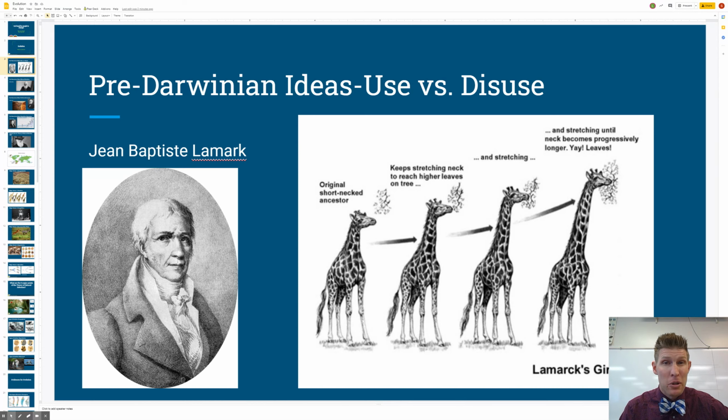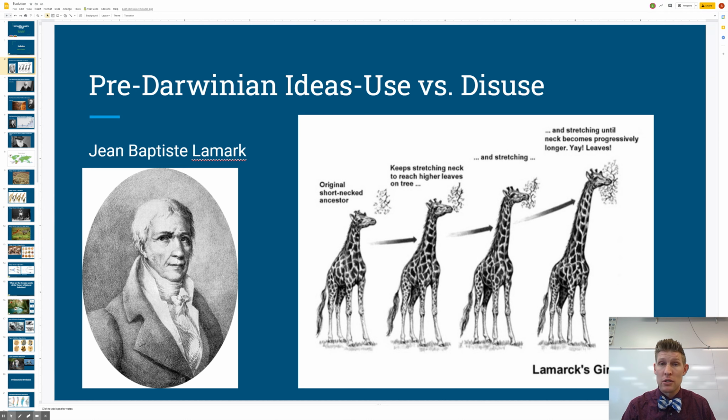But the problem with what Lamarck said was that a giraffe's neck just keeps stretching out, and it'll pass on that stretched out neck to its kids. That's like saying cutting off a rat's tail means all the other rats won't have tails because the parent rat didn't have a tail. Or I cut off my arm and my kids are going to be born without an arm. So he got ridiculed and pretty much rejected by science after that.